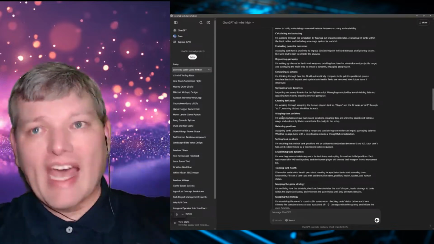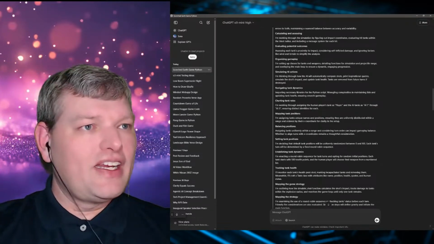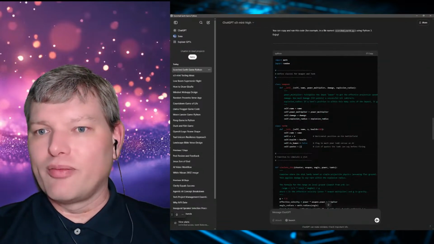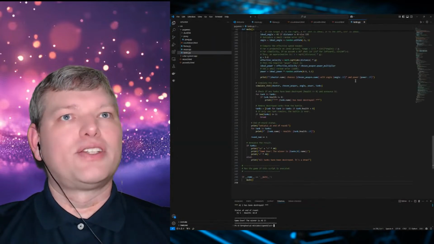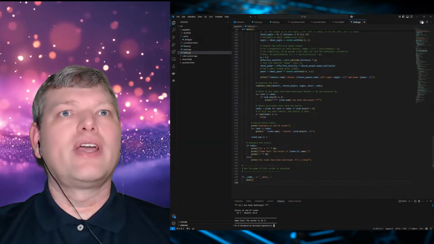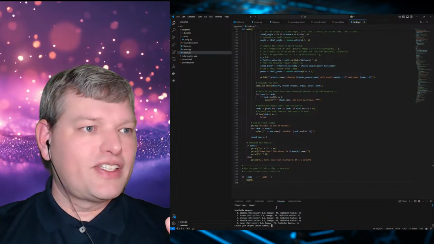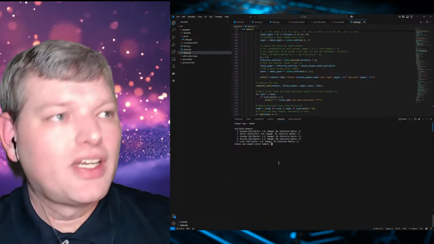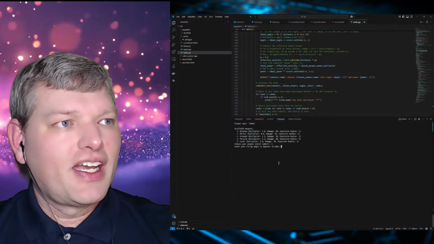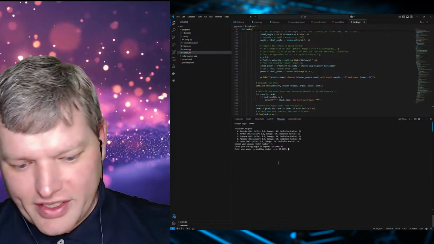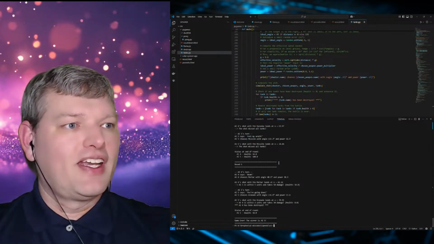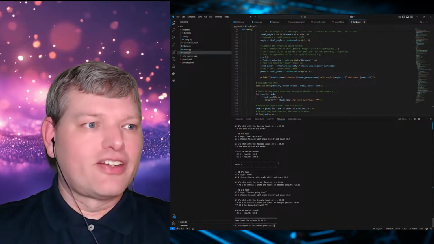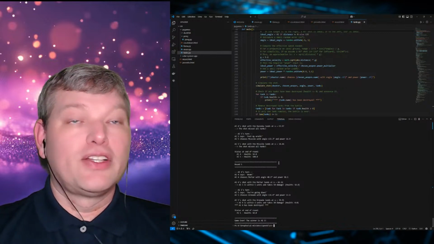So back to the game of Scorched Earth. I went in here. It spent a good couple of minutes. It gave me a good Python program, and of course, I dropped over to try it out and see exactly what it would do. And I ran it in Python. And if you can see here in my window at the bottom, it's given me a choice of 5 weapons. I'm going to choose the bazooka, and I'll choose my firing angle. We'll do 45 degrees, and we'll do maximum power and just see what happens. And look at that. It wiped out everybody in the first turn. All of the AI shot each other up, and an AI won the game. So it absolutely did work.